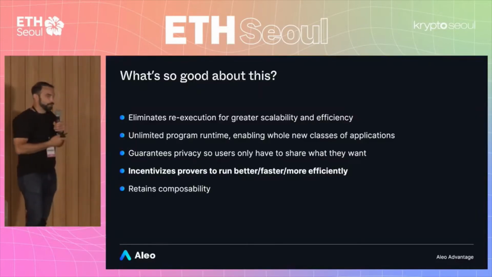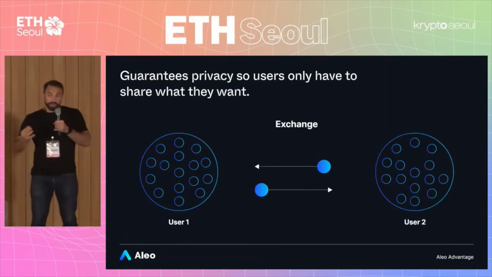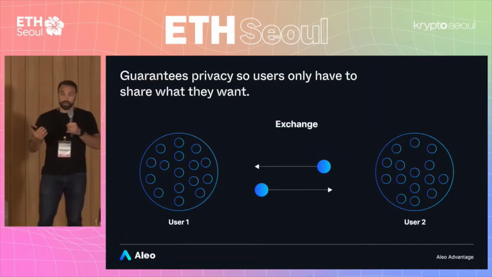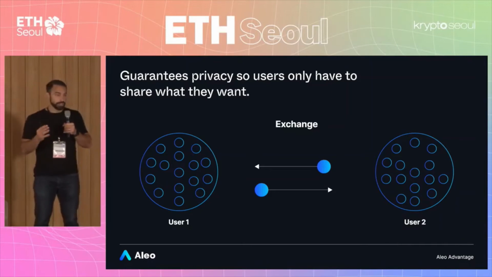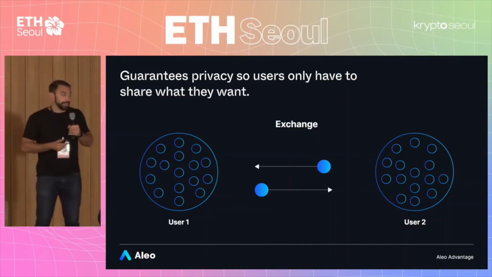Like I said, this is how you as a developer can define what is private and what is public in your application. And you as a user also have the choice to share a view key with different parties if you want, a regulator, et cetera. I think this is really important. This privacy by default is important because, again, the anonymity set increases the security and privacy for everybody and ensures that this principle you're trying to achieve is actually maintained.